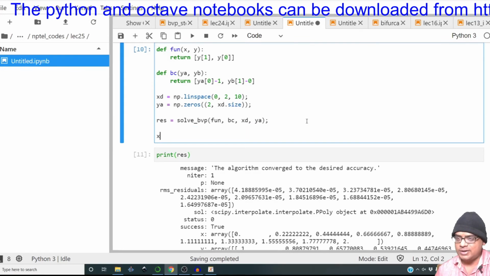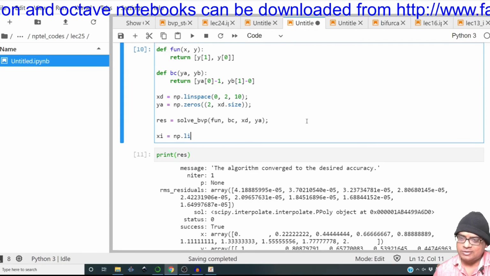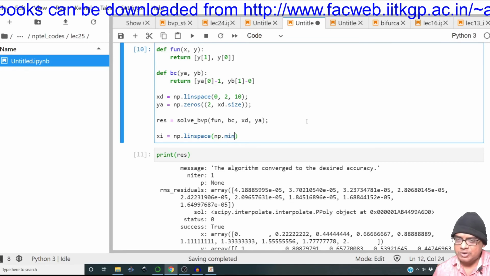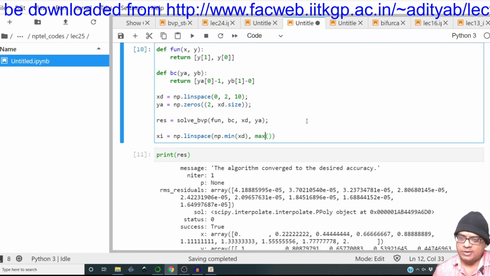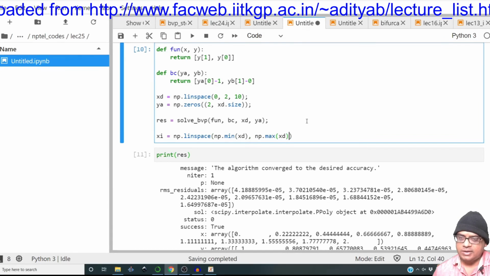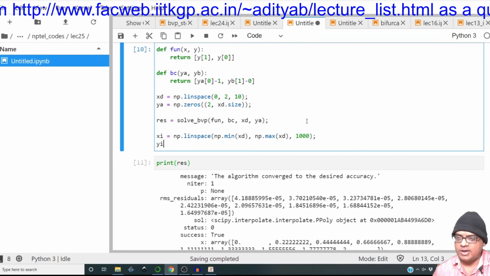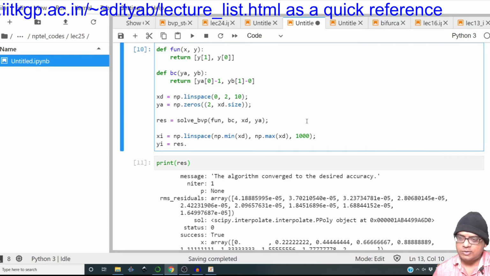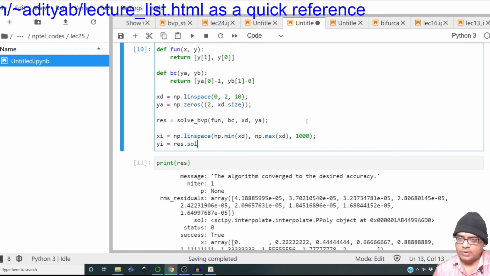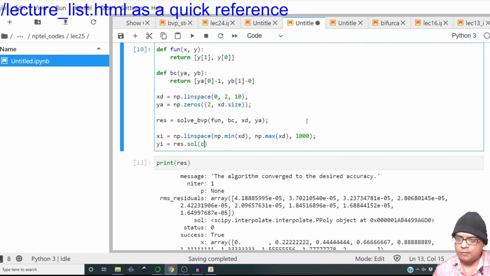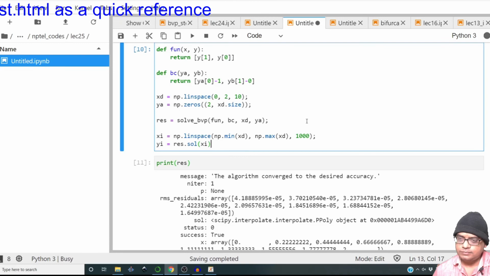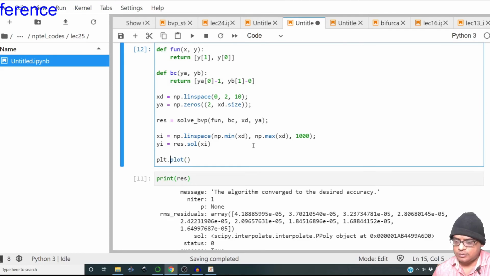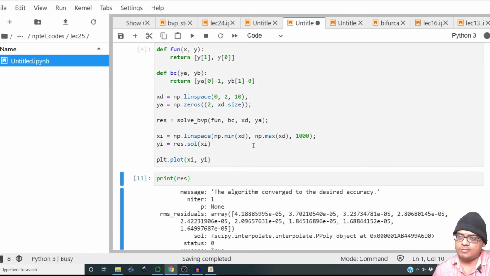So I will create a new grid. So x interpolate will be np.linspace. This will be the minimum of xd to the maximum of xt, and I will take 1000 points. So then yi will be equal to the residual times the sol, but now that has to be evaluated over xi. Alright, so now with the help of this we can simply plot xi comma yi. Oops,